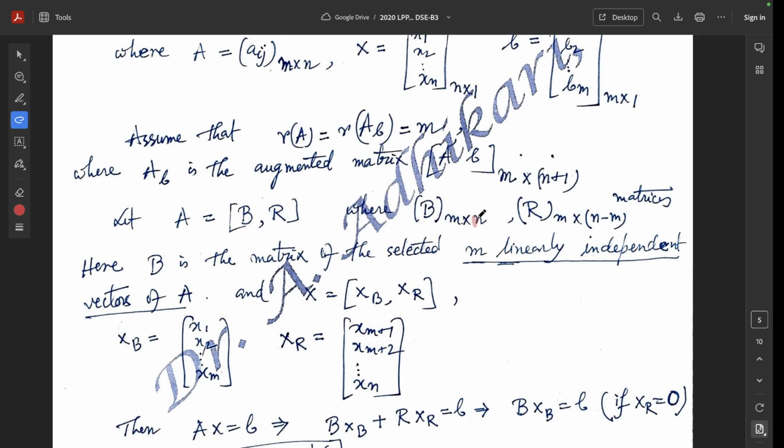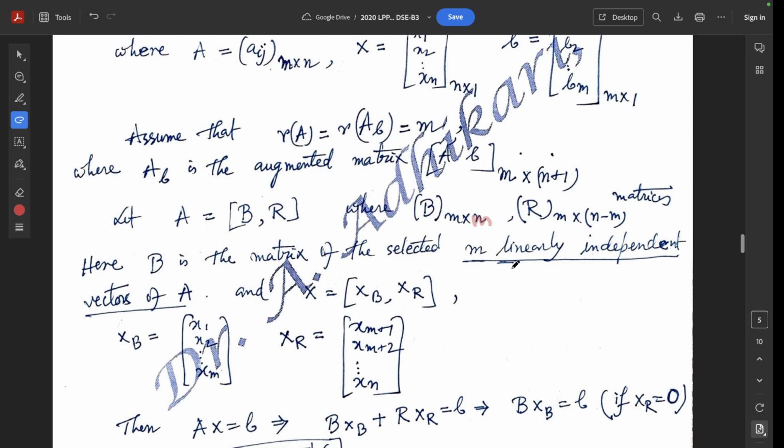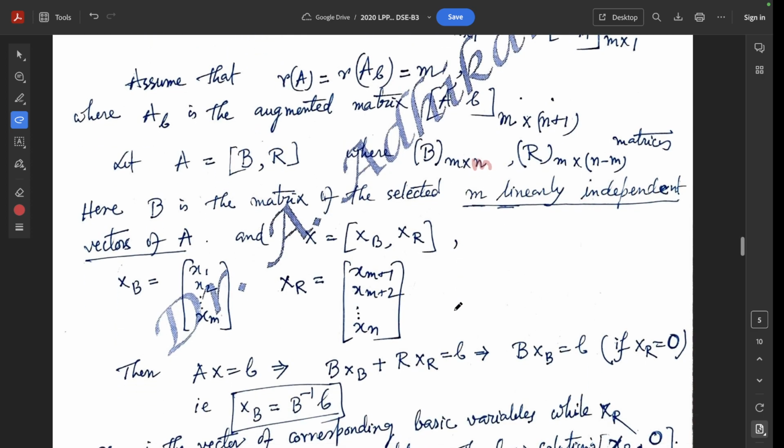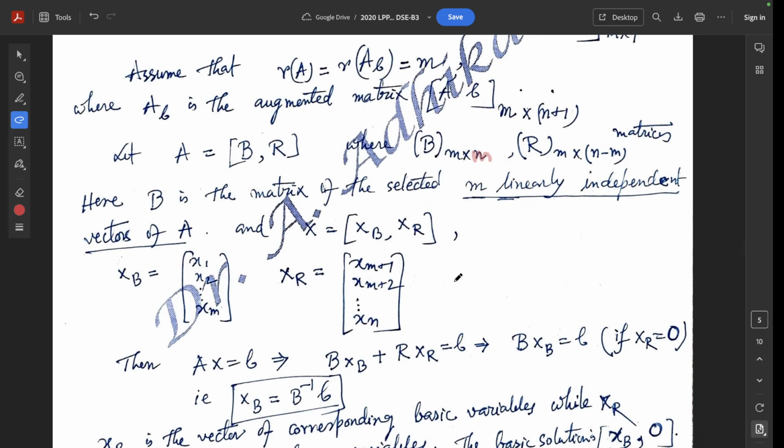This is a square matrix, and we can find the determinant of this matrix B. B is the basis matrix of selected m linearly independent vectors of A,